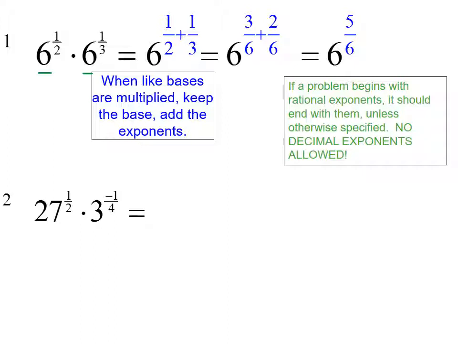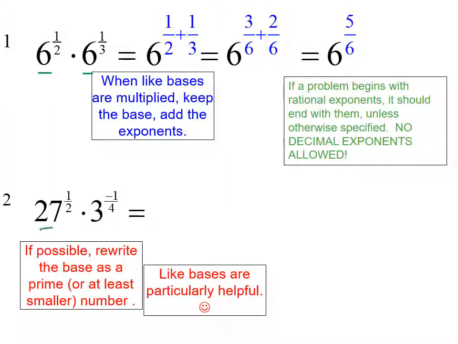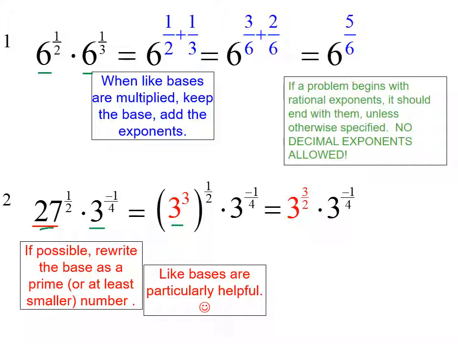27 raised to the 1/2 power times 3 raised to the negative 1/4 power. What do you notice? We notice that the bases are not alike. So at this time, we can actually make them alike. 27 we can rewrite as 3 to the 3rd power, raise it to the 1/2 power and multiply times 3 raised to the negative 1/4 power. Guess what? We have like bases and we can add the exponents. If you don't like the way this looks, I can rewrite it as 3 to the 3 over 2 power